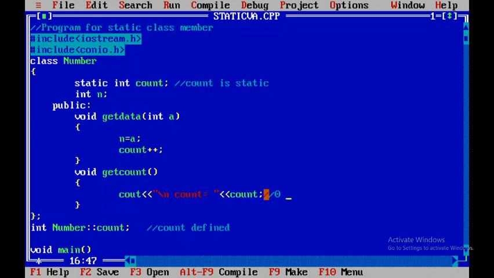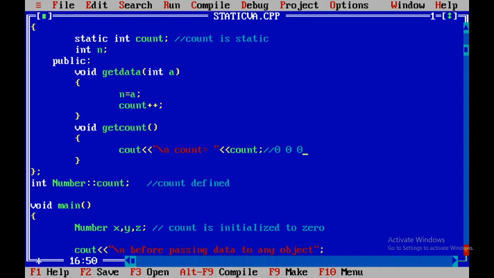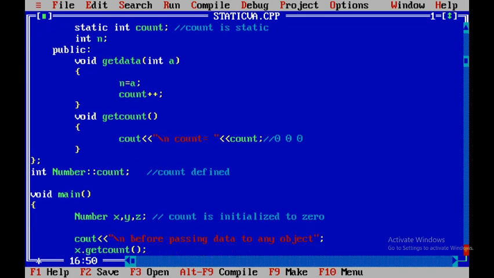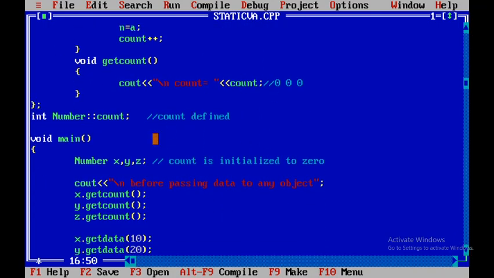Then by using y.getCount, one more time it will print the value of count, again 0. And by using z.getCount, again 0. So one after another, three zeros will be printed: count = 0, count = 0, count = 0 at the time of display. Here I add clrscr to clear our screen at the time of display.